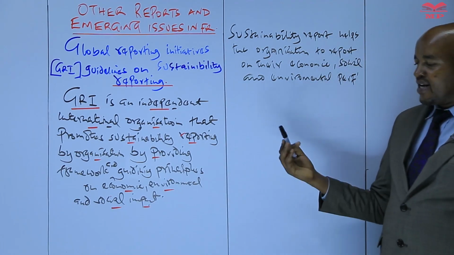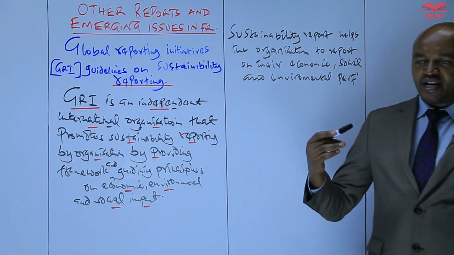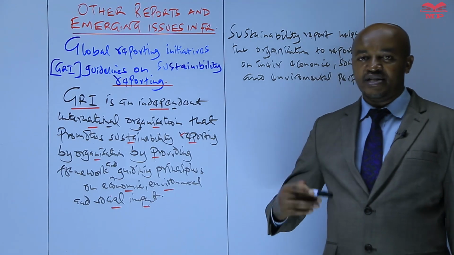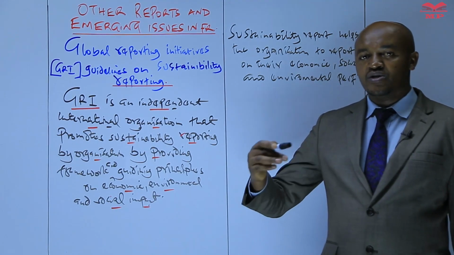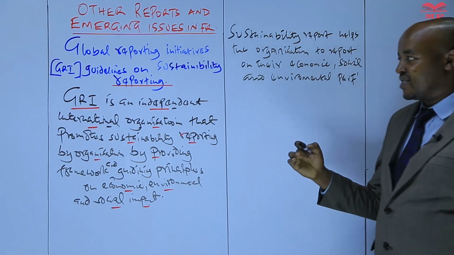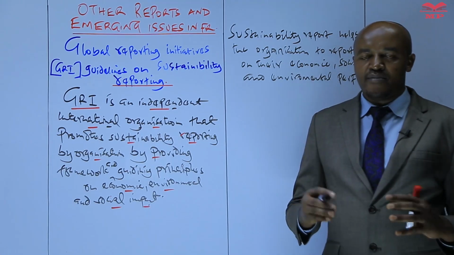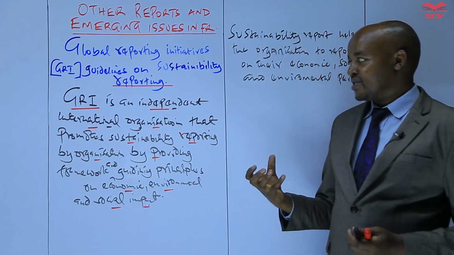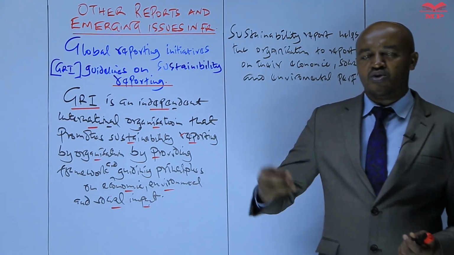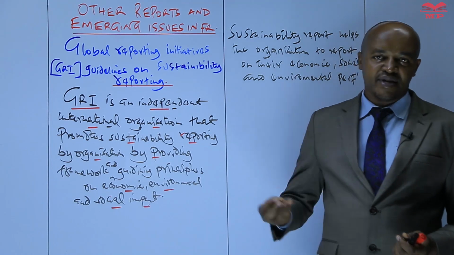Is the organization complying with the various environmental rules and regulations? Is the organization preserving the environment and so on? So here, other than reporting on its profit, or its financial performance and financial position, sustainability reporting advocates for broad reporting by organizations by incorporating those three aspects: